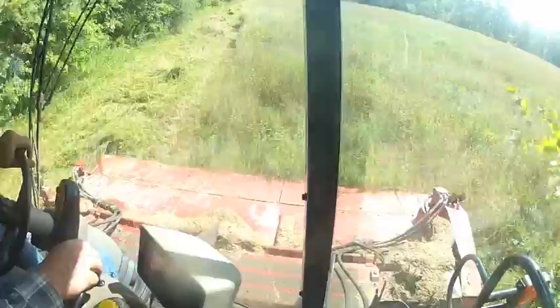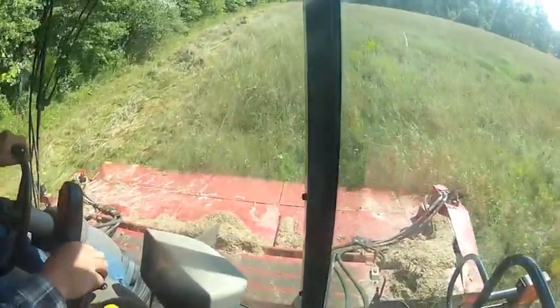But, yep, reed canary grass on a wet farm. So there's some mud involved here. It's kind of a pain in the neck. If you ever ran a self-propelled mower, they're a bit of a bitch to get through the mud. So anyways, yeah, I encountered some mud down here earlier. So it's kind of got to be a little bit of a